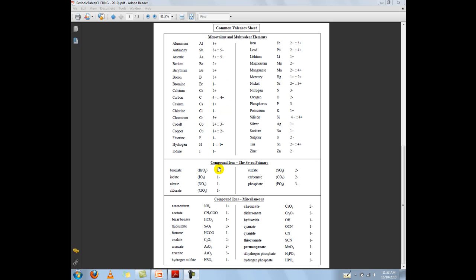And these are the valence numbers, or the valence charges for all the elements that we will be dealing with, as well as the compound ions, the common ones and the 7 primary. If this was day school, then you would definitely have to memorize these for my course. However, because it's an online course, I don't mind if you use this sheet on our exams and also on